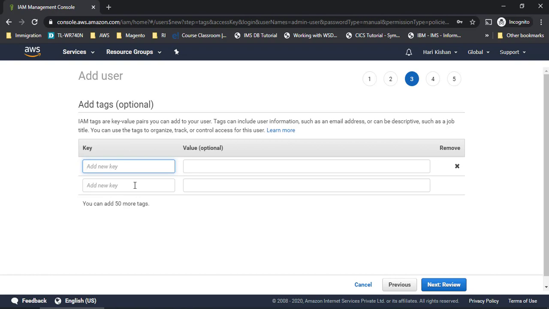Why is it required? There will be thousands of people whom we are going to give access to, and we have to know for which purpose we are giving it. So it can be some admin activities. So that is the reason I have given admin, and I can mention something here. Otherwise I can do it like dev, QA. There are different staging options, right? So those options also we can give here to differentiate whether it is a dev resource or a QA resource or something else, right? So those things we can mention here. For now I'll give name and then I'll give admin. Okay, I can add multiple, up to 50 tags here completely.